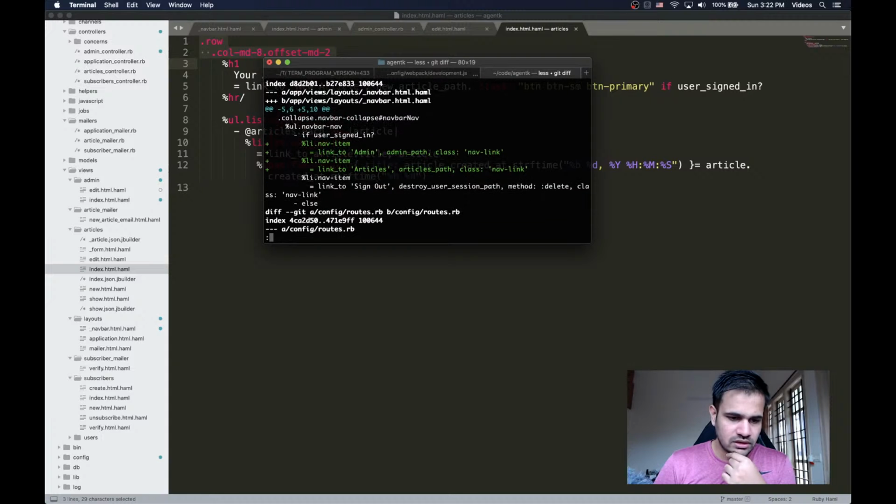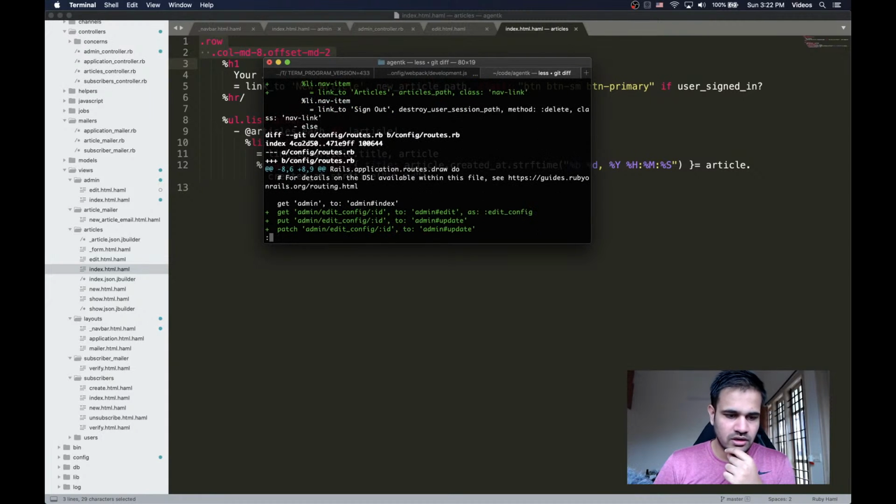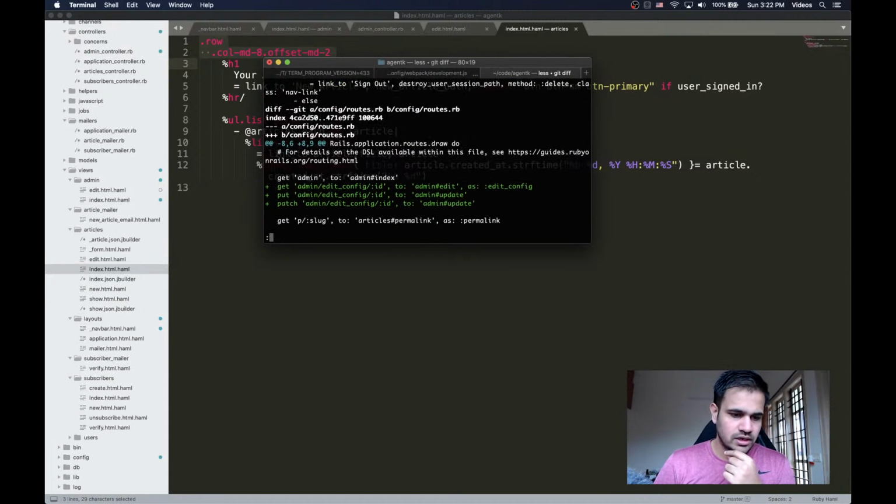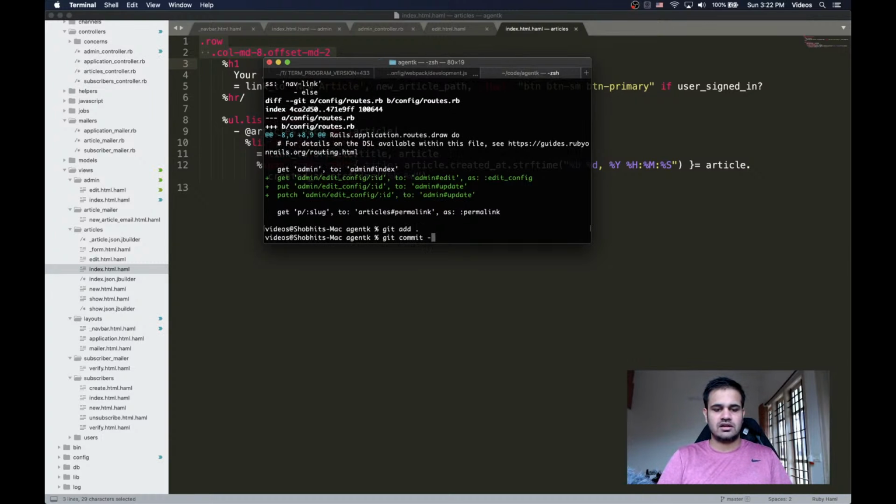I added two links in the navbar, and I added routes. Great. So I'll just do git add dot, git commit -m. And what do I need to add as the commit message? The commit message will be